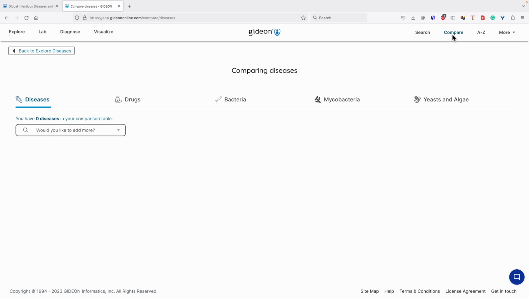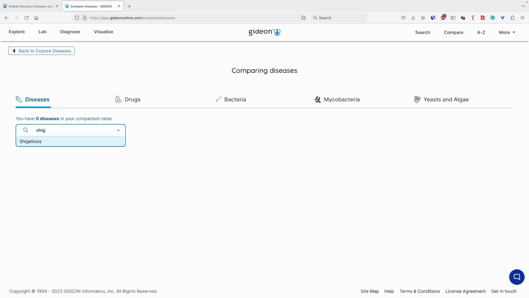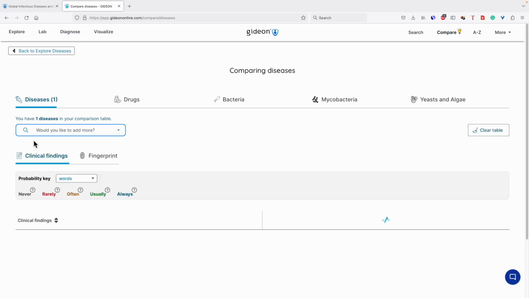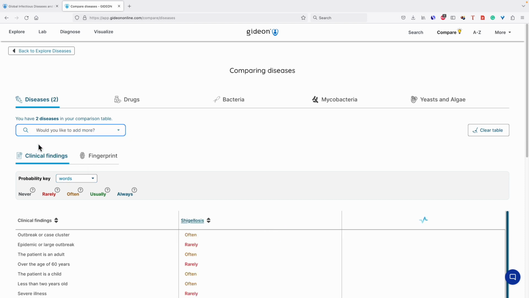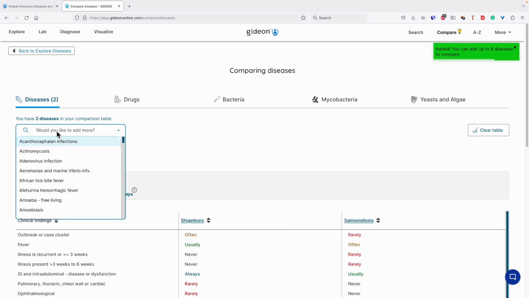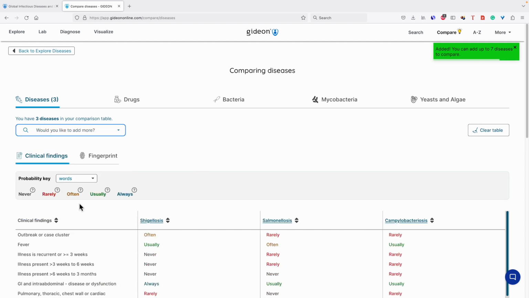So we push on the compare button over here, and let's say as we've said, we're interested in comparing shigellosis, salmonellosis, and here we're comparing the clinical features. We could compare the bacteriology, which we'll come to later, and other features, and even the treatment, salmonellosis and campylobacteriosis. And you see, having pushed the names of the diseases, they're here in a nice little chart. And on this chart,